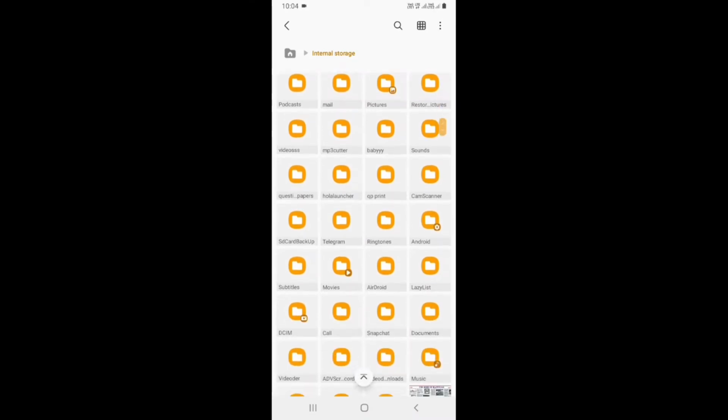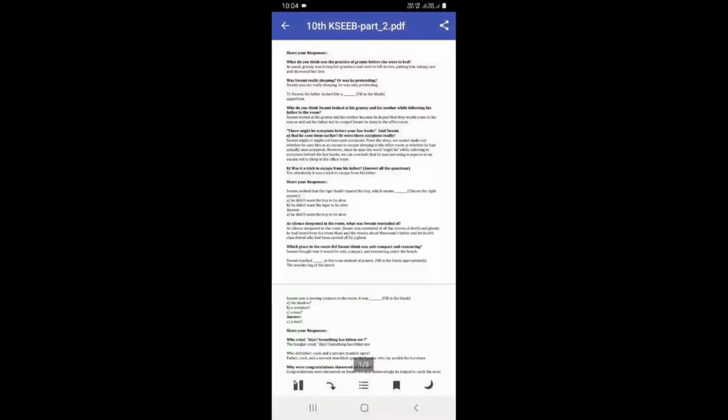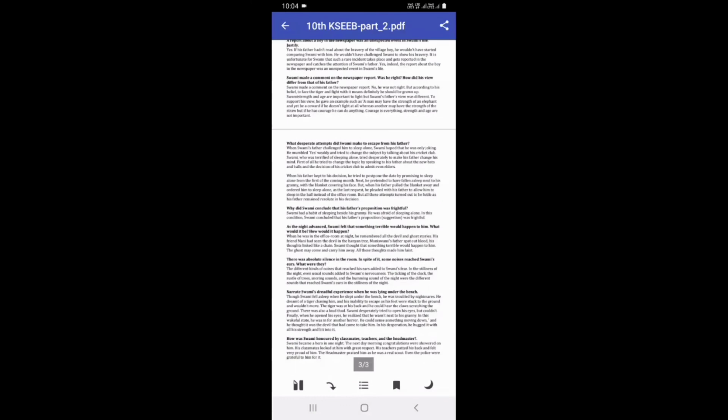Search for the PDF utility folder. See here the 10th KSEB, the PDF which I selected. Here is the 10th KSEB. Now see the second one. The second one will definitely be pages 3, 4, 5. Only 3 pages are split.